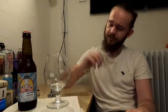But the brew kit that they have in this basement is 2,500 litres, and the beer is served both in bottles like this one and on tap at the shop. You can also get growlers and things like that to take away from what I've seen. But the name Muttermilch, or breast milk as it would be in English, is supposed to signify the best quality of all kinds. But the crown symbol of the brewery is also intended to signify community and tradition,